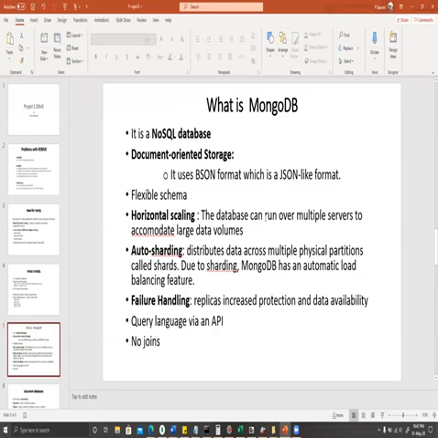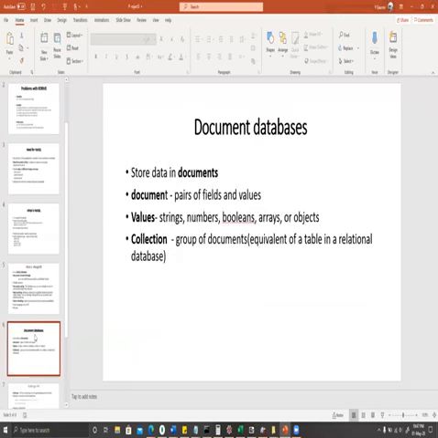It distributes data across multiple physical partitions. Due to that, it can support automatic load balancing. And no joins are required in MongoDB, so it is not expensive.